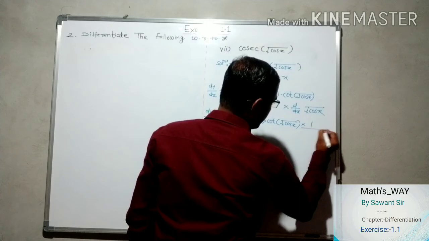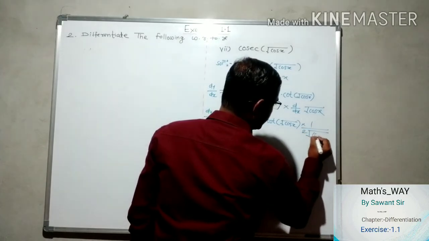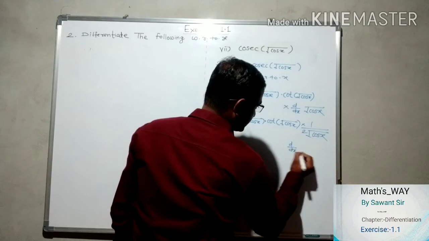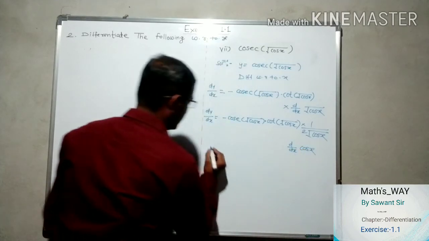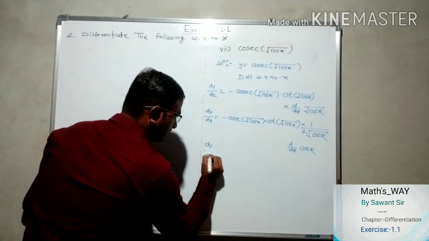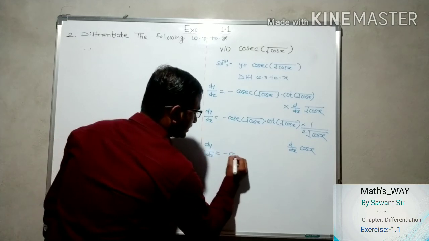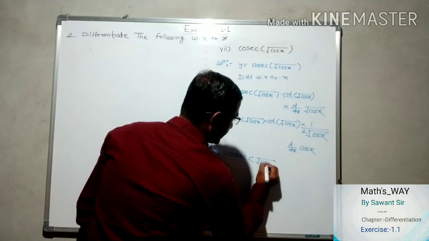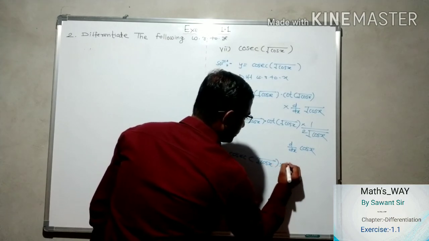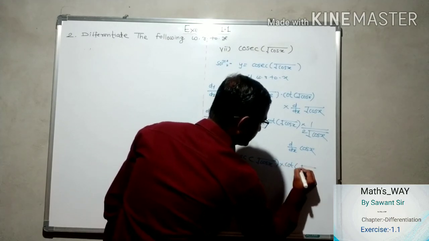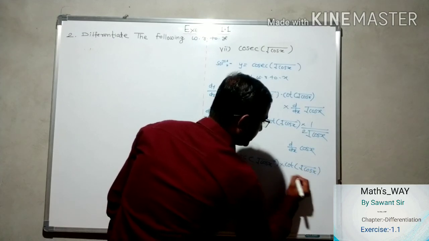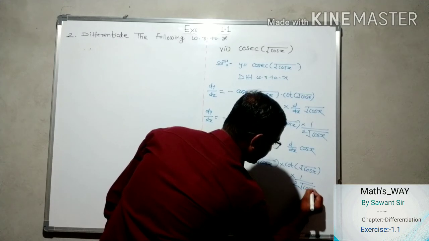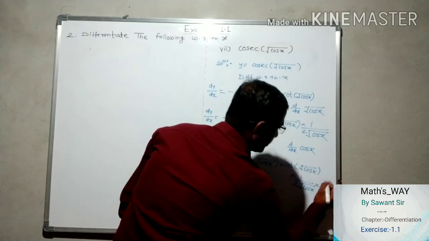So it is 1 upon 2 square root of cos x and derivative of cos x. So dy by dx is equal to minus cosec square root of cos x into cot of square root of cos x into 1 upon 2 square root of cos x into derivative of cos x,